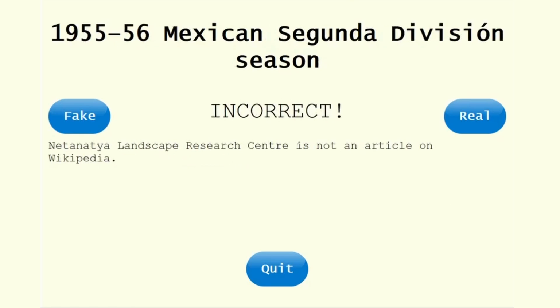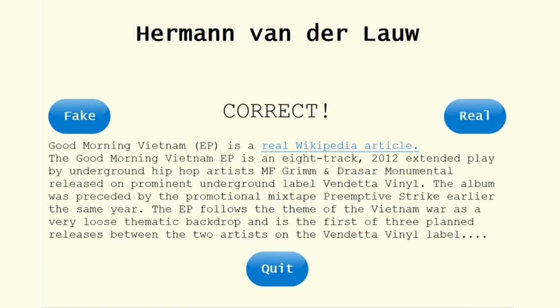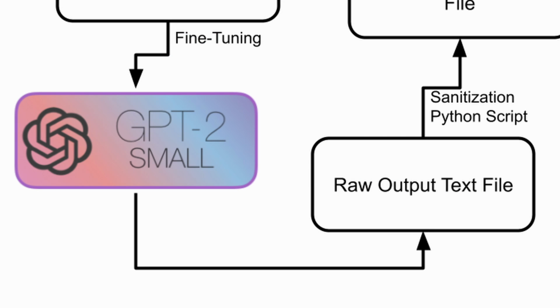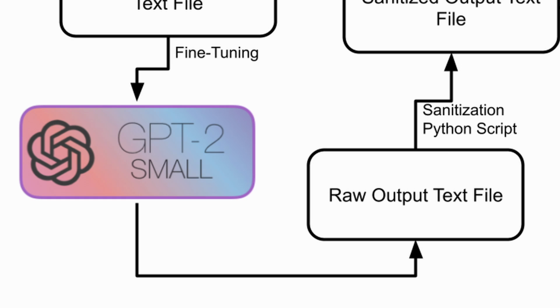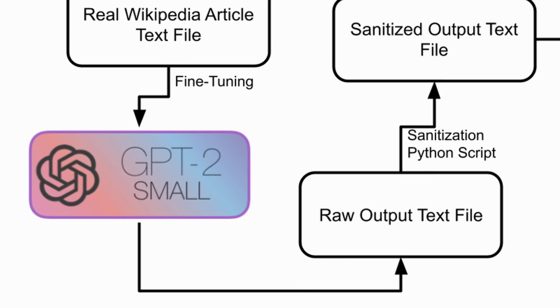So once that was done, I left my computer for a few hours for it to train on the Wikipedia article titles, and after I felt it had gotten fairly far, I told it to generate a bunch of articles. After that, I had a very long list of generated Wikipedia article titles. And you may think that from there, all I had to do was clean it up a bit, remove any weird formatting stuff, and then start the game UI. But there was more to be done.